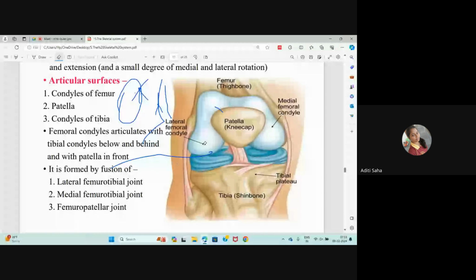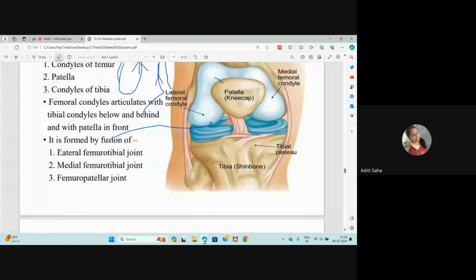So you can see patella in front. It is formed by fusion of lateral femoral joint, medial femoral joint, and